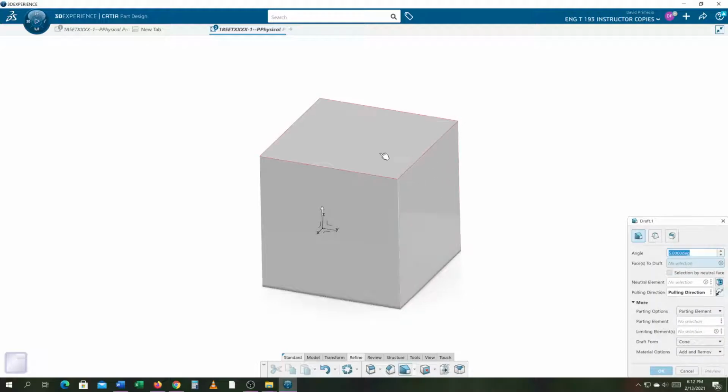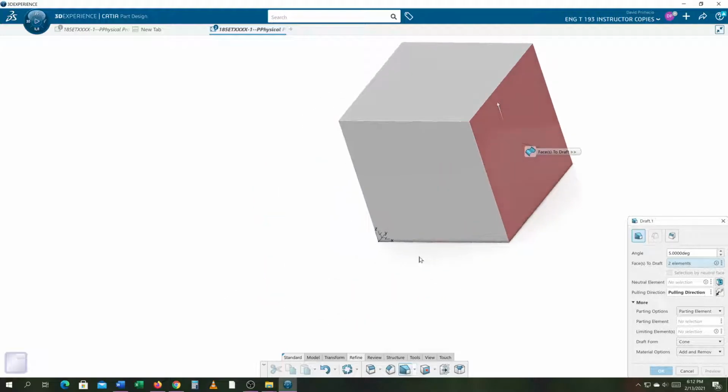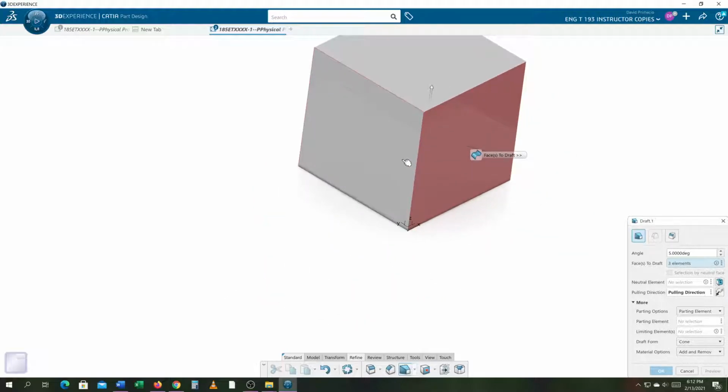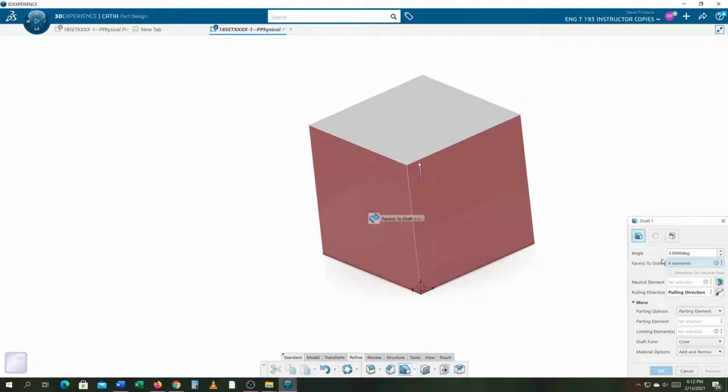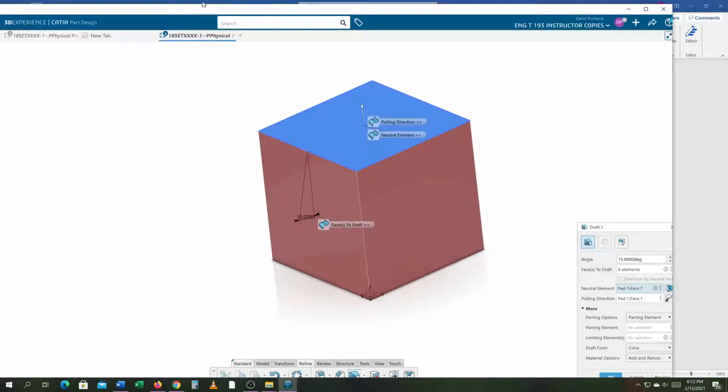And we can select the top surface to work from. And if I hit, faces to draft are going to be all four sides here, not the top surface. So don't grab the top surface, grab the four sides we want to put a draft on. And I'll just do a 15-degree angle so you can actually see it. Now the neutral plane is going to be the top. So from the top down, it's going to add